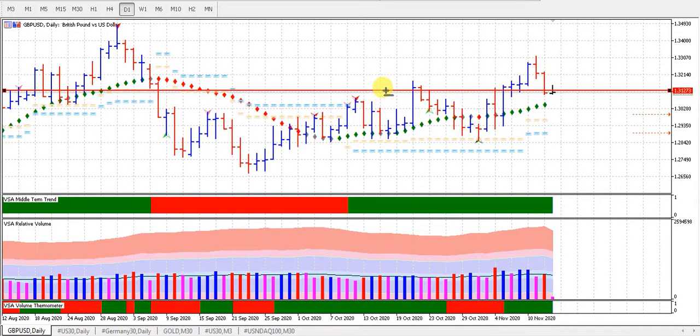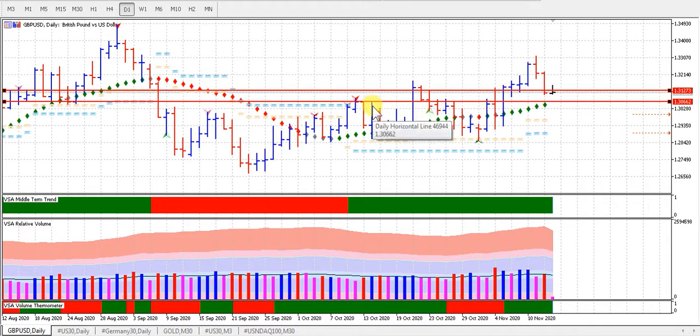Okay, so we're going to have a quick look at some of the items that are going on in this chart. We're going to plot our support and resistance levels on here. This is how I do it. So I'm looking at this area here. We've got support under us, very key support at the 1.3060 area